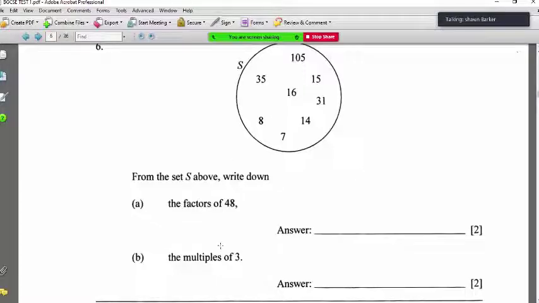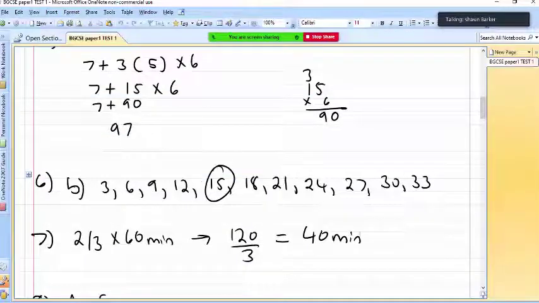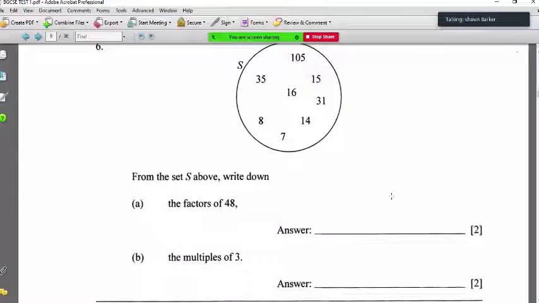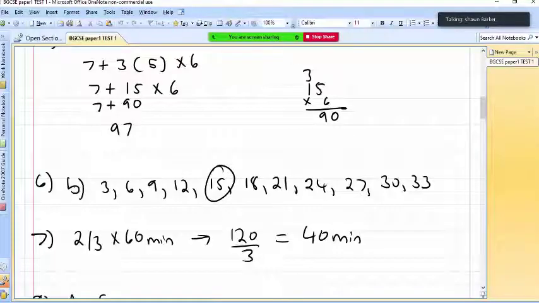And then from B, the multiples of 3. So here, when we have multiples of 3, what numbers are here in this set? I think I did this one. Yeah. So here we have 3, 6, 9, 12, 15, 18, 21, 24, 27, 30, 33. And in this case, we look up here, it looks like only 15, right? So that's the only one that we can use.